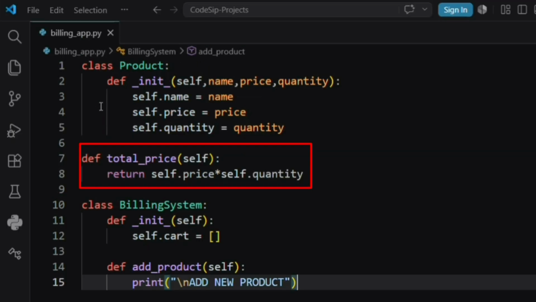Now we create a method called total_price. This function calculates the total amount of a product. For example, price equals 100, quantity equals 5. Total equals 500. Whenever we need the product total, we can simply call this method instead of writing the formula